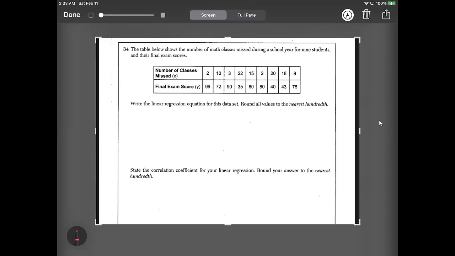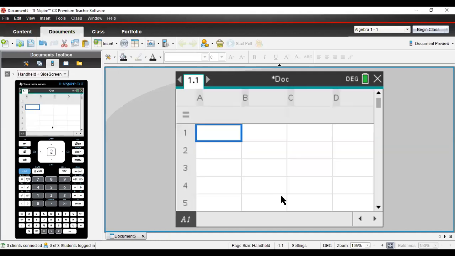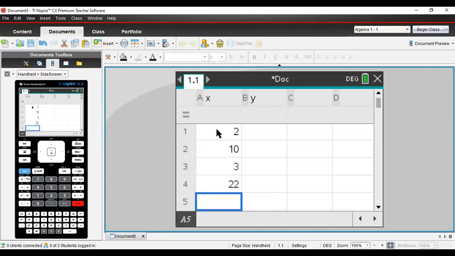So we're going to use the spreadsheet, something that we already know how to do quite a bit. This is going to be the X. This is going to be the Y. And then we just enter those data points. There we have 1, 2, 3, 4, 5, 6, 7, 8, 9. There's 9 data points because there's 9 students. And we're going to enter the number of days missed: 2, 10, 3, 22, 15, 2, 20,